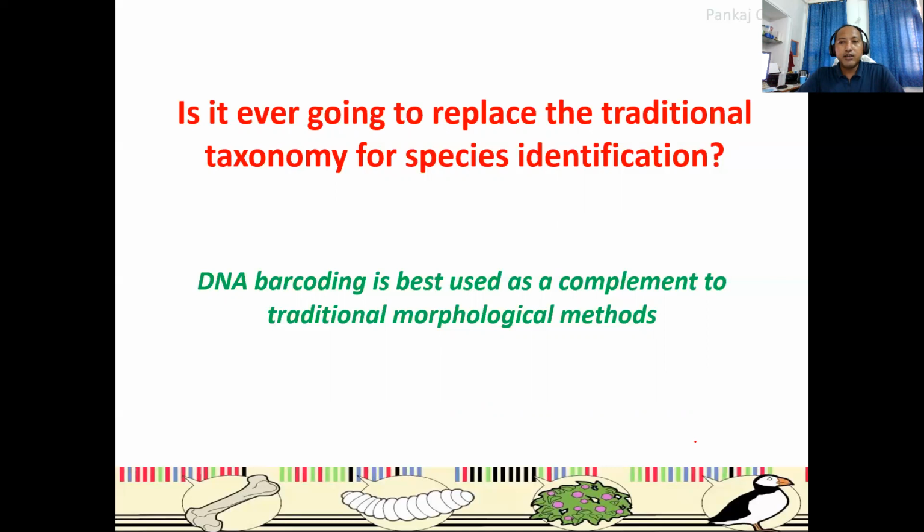Now, DNA barcoding is a recent technique. So, it is a very valid question whether it is going to replace the traditional taxonomy. The answer is no. Why? Because DNA barcoding is best used as a complement to traditional morphological methods. Okay? It is never going to